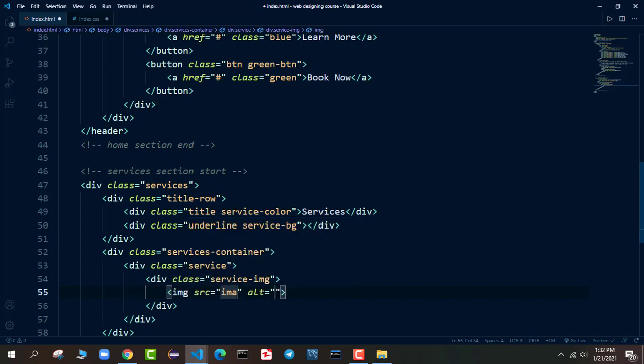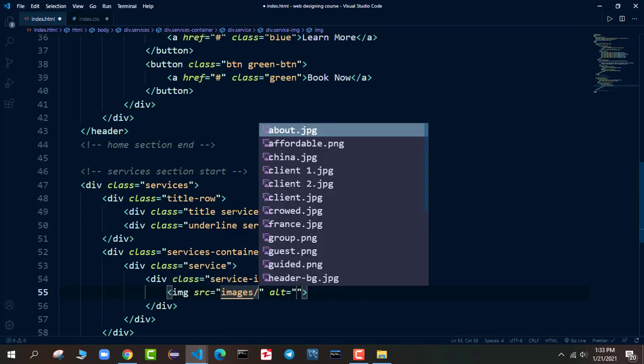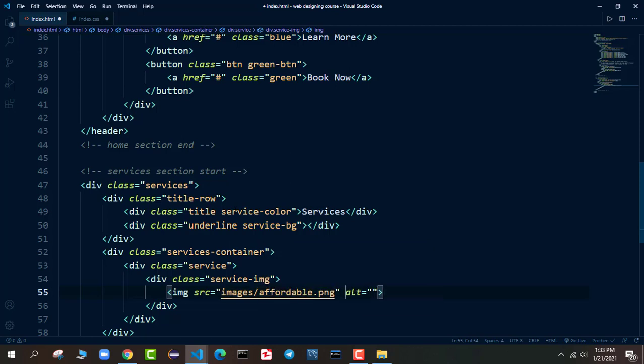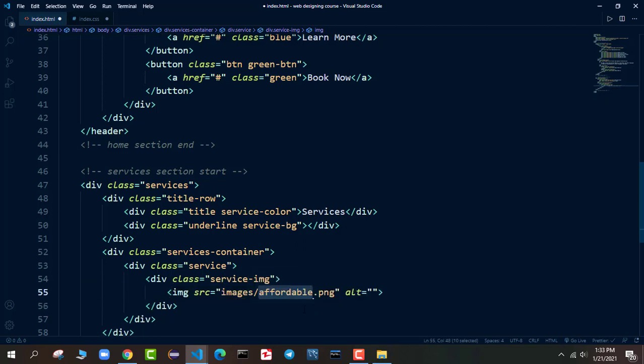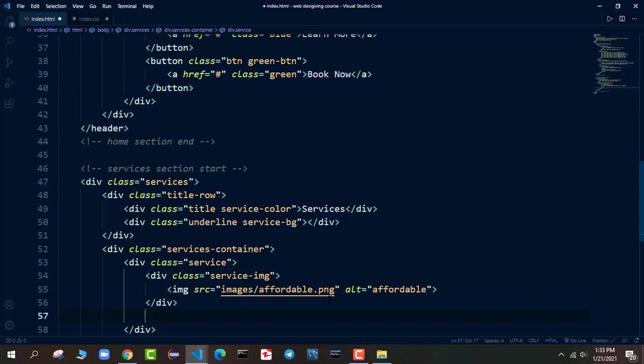In the src we will say images slash, the first image is affordable.png, and let me just type this same text right here, affordable. Okay, now after that, if I go out of this image class, we have service title. So we'll say dot service title, and the service title is affordable travels.